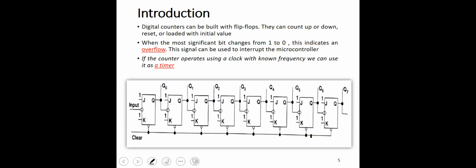An 8-bit counter or timer, which is basically 8 JK flip-flops. The inputs of the JK flip-flops are connected to logic high, and the clock of the first flip-flop is connected to some external input. The trigger of the first flip-flop is connected to some external trigger, while the clock of the remaining flip-flops are connected to the output of the previous flip-flop like this. So I don't want to go into the details and analyze the behavior of this counter, but basically what we have here,